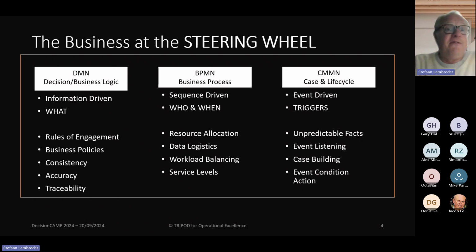But obviously, if something is detected in terms of credit risk increase, then that needs to lead to action, and then the organization needs to pick it up. It needs to pick it up in time. So there are certain service levels involved. Resources need to be allocated to assess certain situations and to act accordingly. But also what's important is